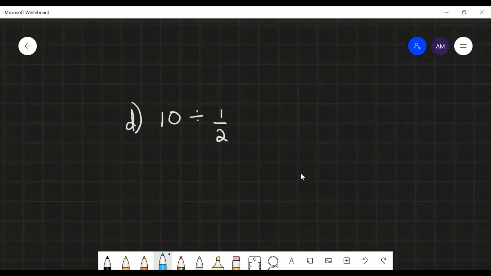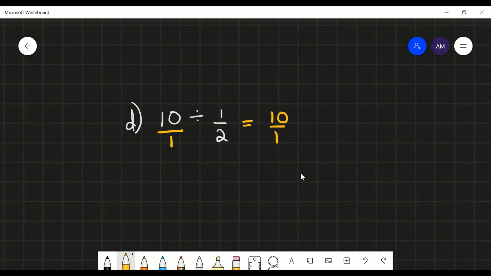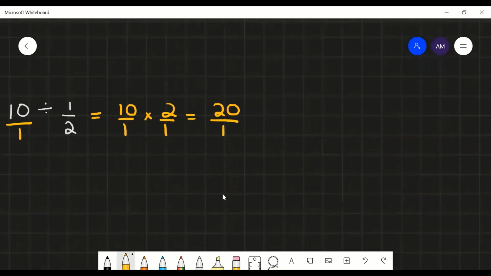Here's another one where 10 is not a fraction. So we have to change it into a fraction by dividing it by 1. Now it is a fraction, 10 over 1. And same story as usual, 10 over 1, change this to a times, flip the second fraction, and go ahead and multiply. So 10 times 2 is 20. 1 times 1 is 1. Well, 20 divided by 1